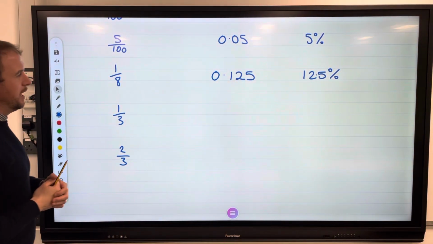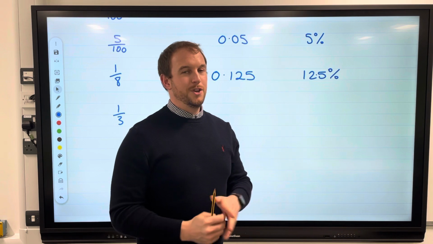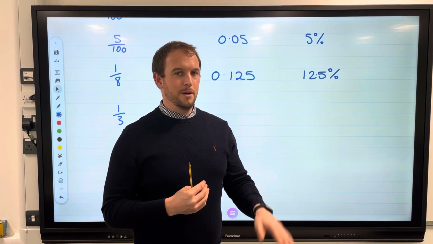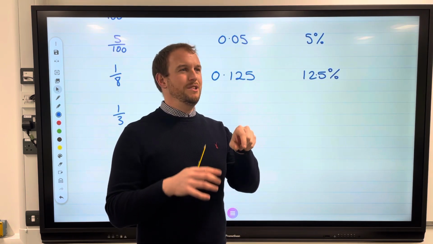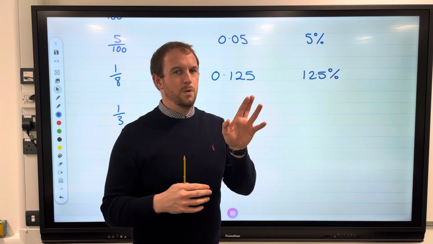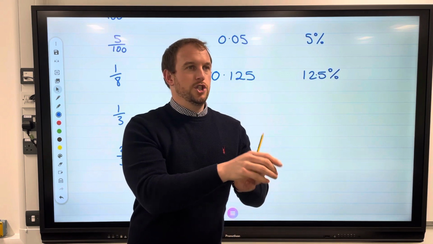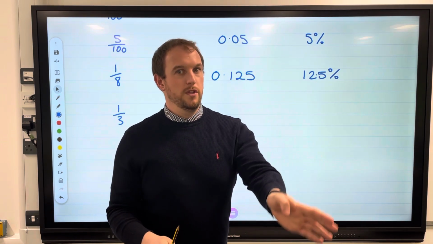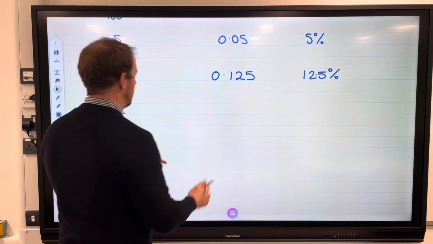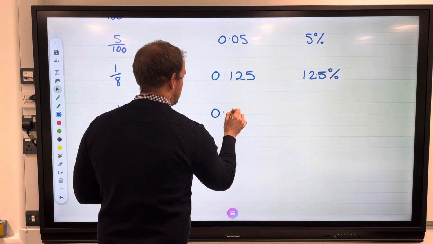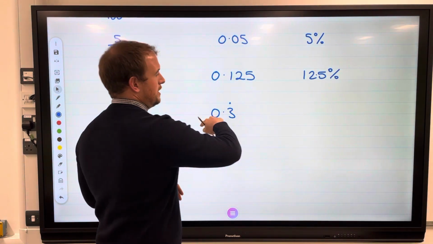A third. Again, think money. If you've got £1, share it between 3 people, you get 33 pence each. But there's that 1 penny left over because 3 33s are 99. Well, if you've got a penny left over, you still need to share that between 3 people, which makes 0.3. But then you get, again, that little bit left over, and you have to share it between 3 people to make another 3 on the end. So before you know it, this 3 goes on and on and on, which is recurring. So 1/3 is 0.3 recurring, because that 3 goes on and on forever. Times that by 100 to get